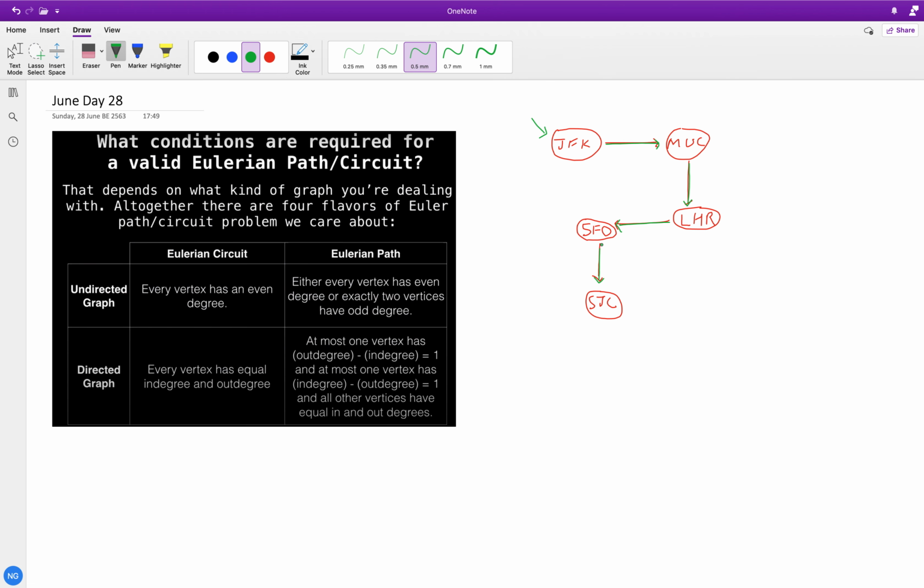Let me first explain what an Euler path is. An Euler path in a graph is a path where we visit all the edges at least once, and we can cross the vertices more than once.